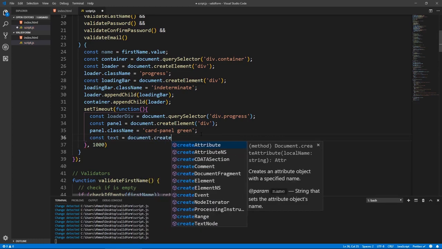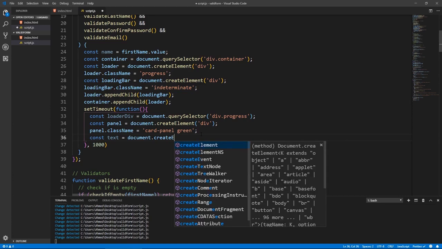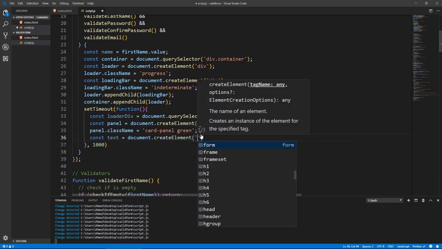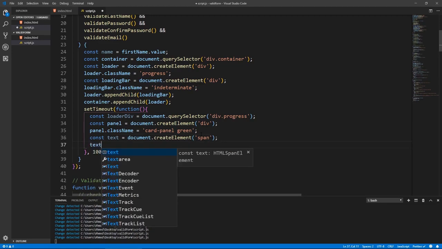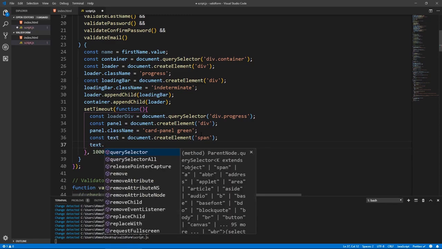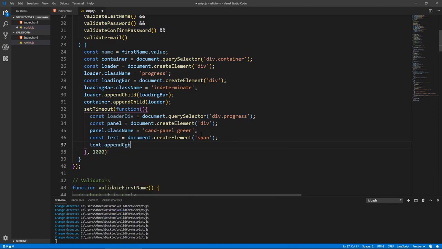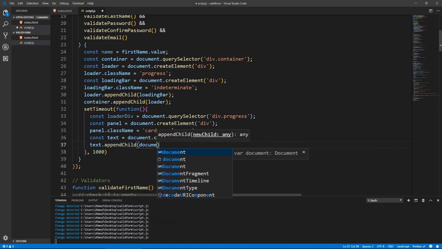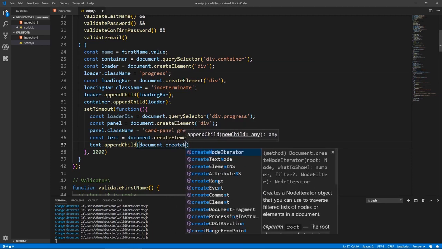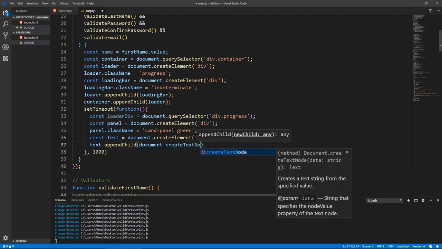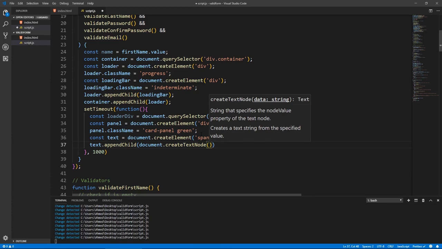Document.create. We're going to create the text inside it, and this will be a span. So createElement span, and then we need to add text to the span. So let's do text.appendChild, and here we need to create this text. So document.createTextNode, and this will say